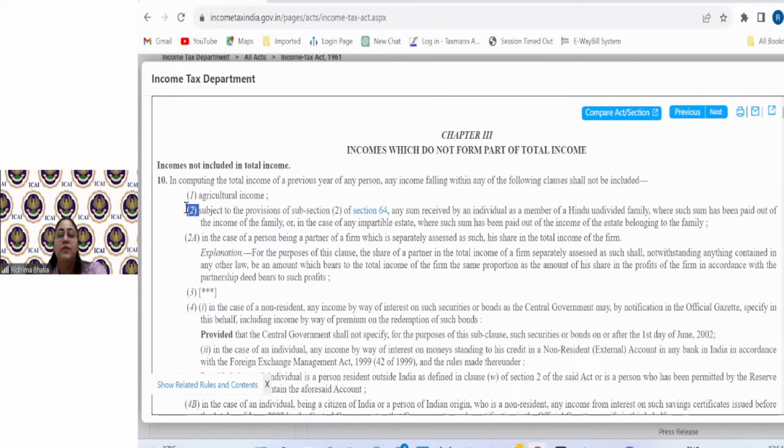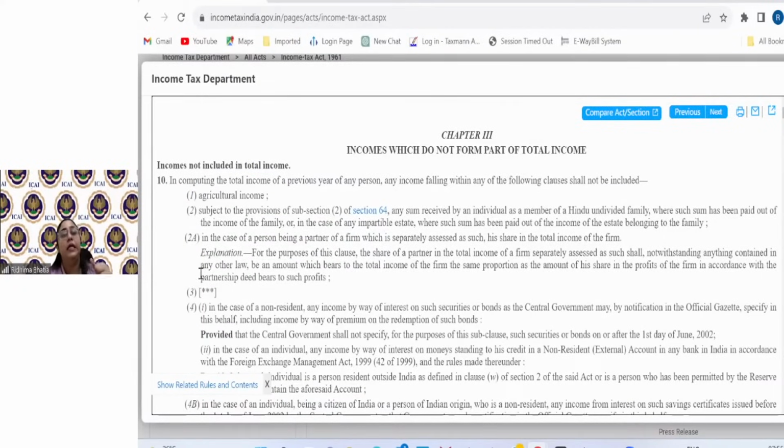Each clause of Section 10 is giving me different types of incomes which are exempt. There they are not related, and you will see whenever there is a reference to a clause, the section first would have a basic line. It will not directly start with Section 10(1). It will have some basic intro line to it, and then it will have your different parts, which are called clauses. Why? Because they are interrelated.